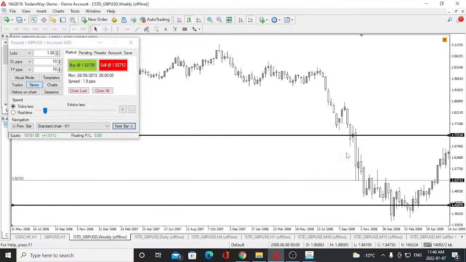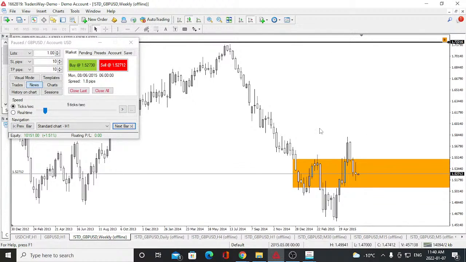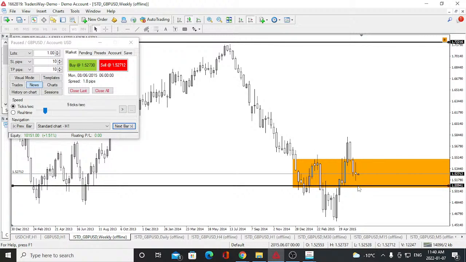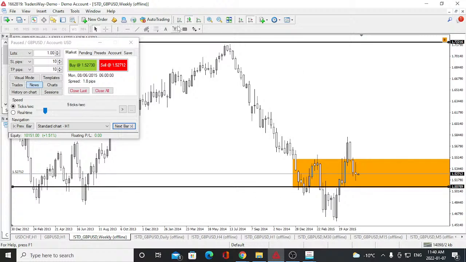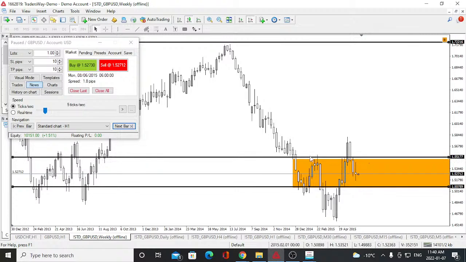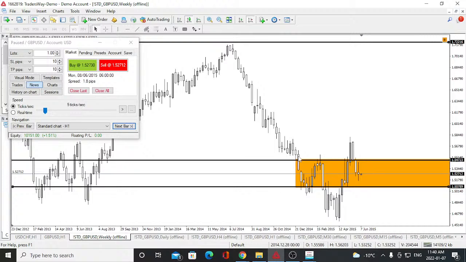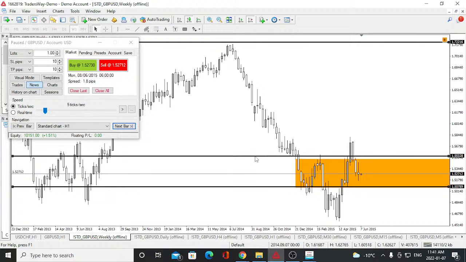So let's zoom in and start to identify some levels of support and resistance. Right here we have a level of support. That's the closest level of support. And we have a level of resistance being around this level. You can see that price tapped here, created a level of resistance, came down, created a level of support, came up, broke that level of resistance, and came back into this area to now make this a very valid level of resistance. So now that you have your support and resistance clocked out in the higher time frames, you're going to want to,